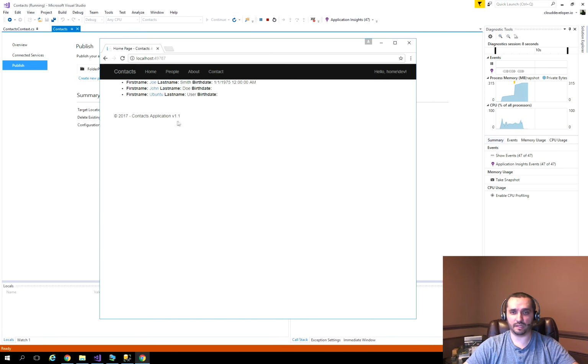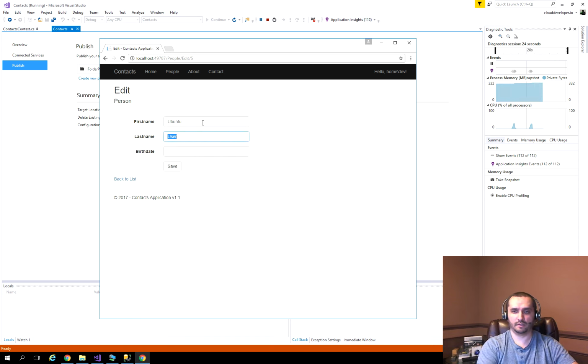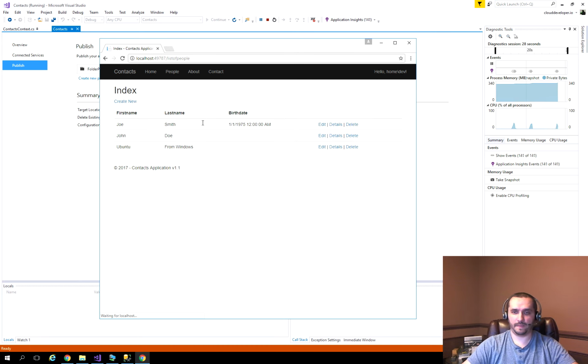So pretty much everything else is the same except the operating system that is being used to connect to the application. If I click on this first name here, you can see my Ubuntu user. If I edit this information and specify from Windows, and I hit save,